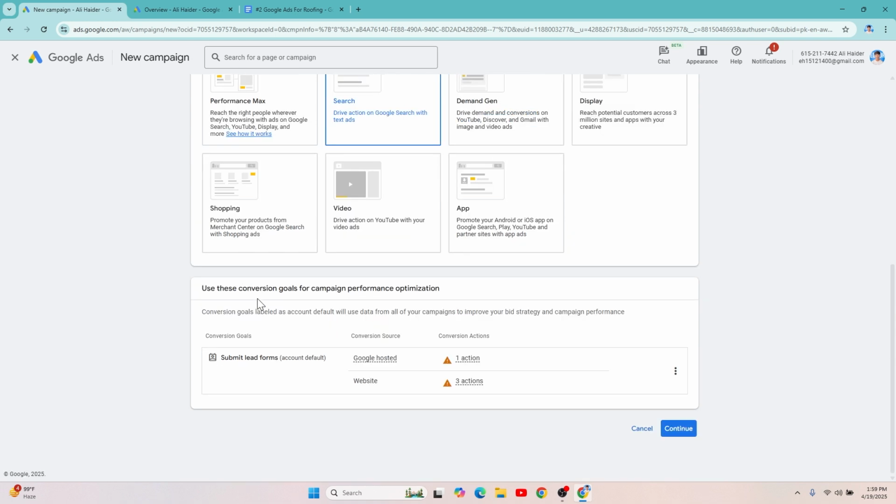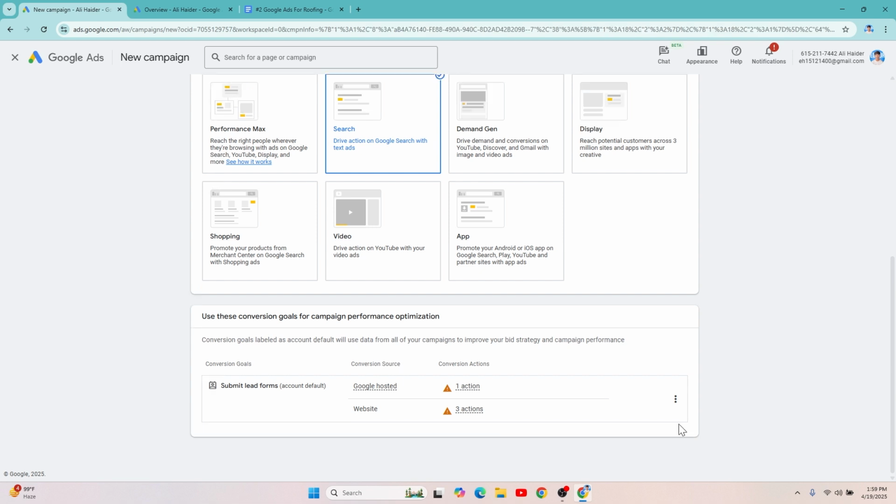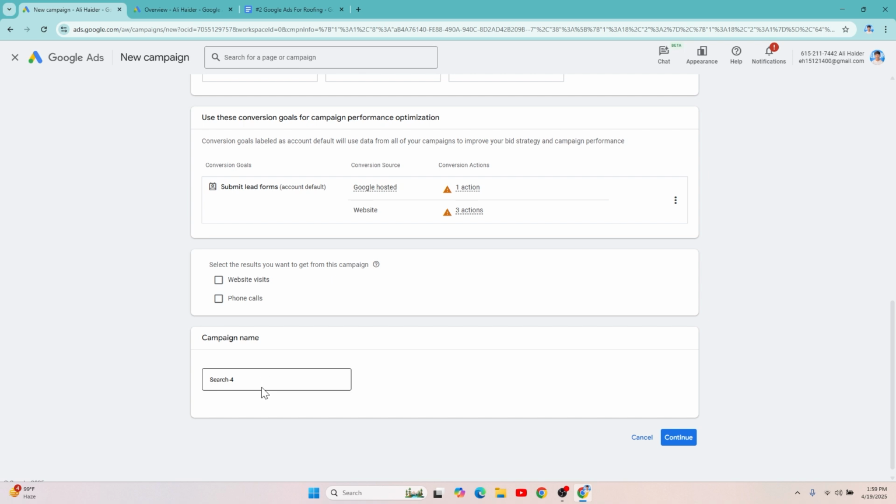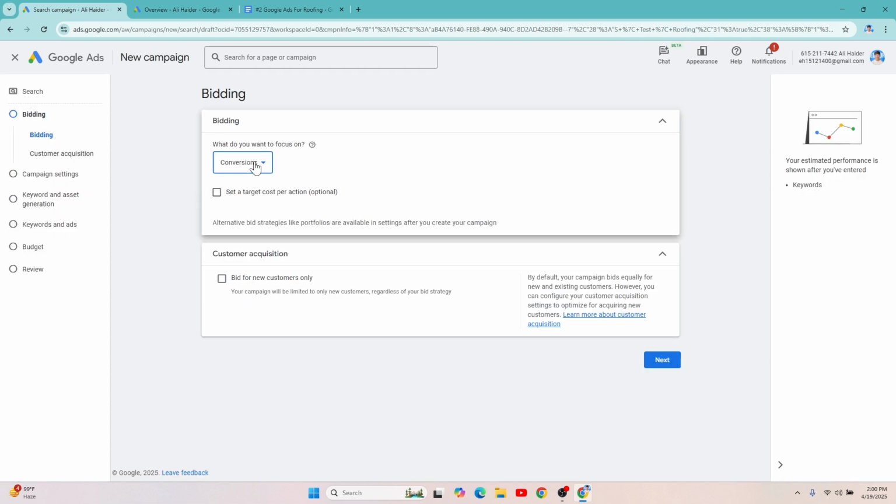Now here you have to choose your business goal. For this you have to set up conversion tracking. I will show you how to do this. Just for now skip this. Click on continue. Don't worry about these. Click on continue. Add a campaign name here. Keep the name very simple so that you can remember it. Click on continue. For the bidding, just skip this part. We will select the bidding strategy after creating our campaign because not all the options are here. So we will check this after creating the campaign. Ignore this setting. This is not for you.